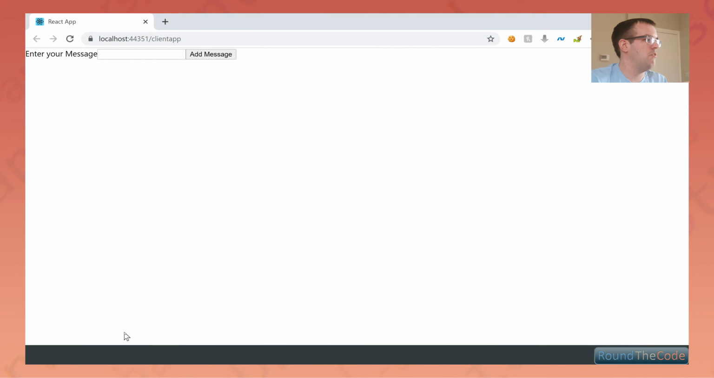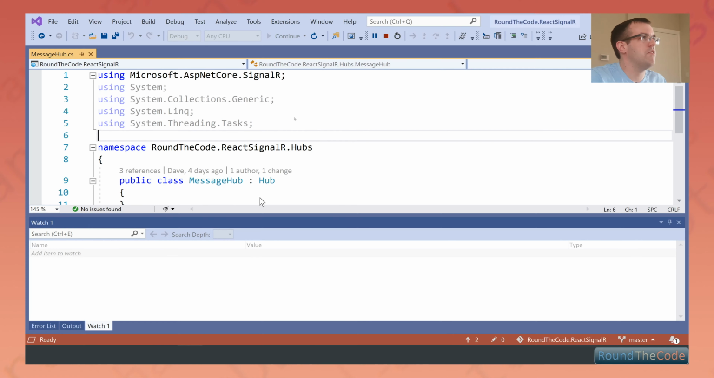So all being well, if our React app has started, which it has, we can put messages in here. And then it goes through SignalR, calls an API endpoint in the ASP.NET Core application, and then it uses SignalR to basically throw the message back. So, done that. If we stop the application now,